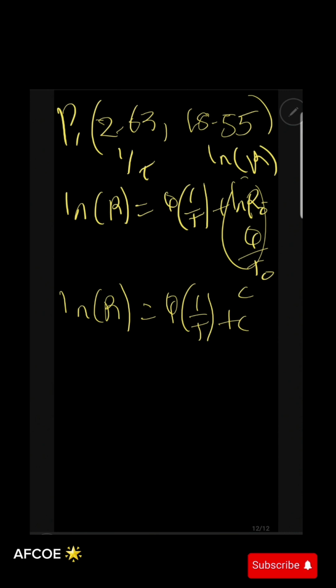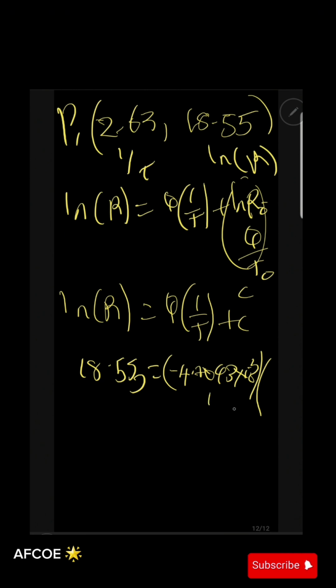Now I can take any point. I will take this one, so I'll have 18.55. That's my value for my ln r. It will have to be equal to q, which is just what I found, negative 4.7093. Please work now with all the decimal points. Is it clear? Because you are finding the value for t naught, don't use the approximate value for q. All that multiplied by 1 over t, which has a coordinate of 2.63 times 10 to the negative 3 per Kelvin, and this one is also in what? Kelvin. Are we there? Plus